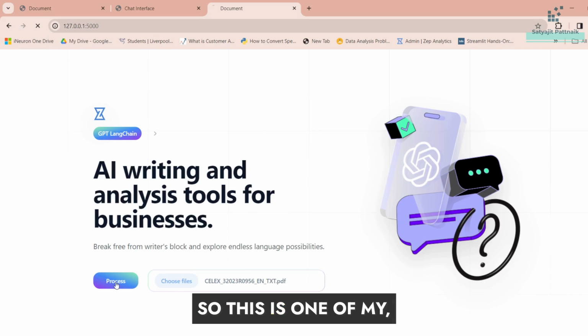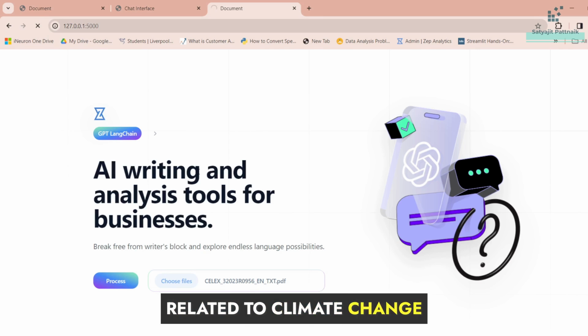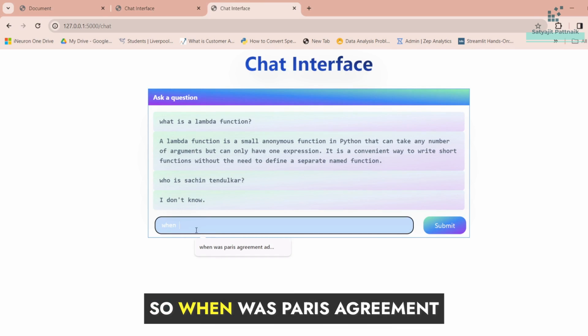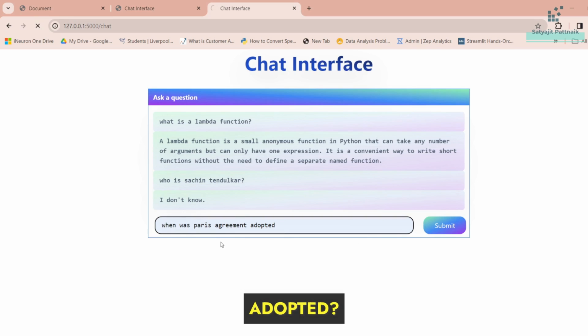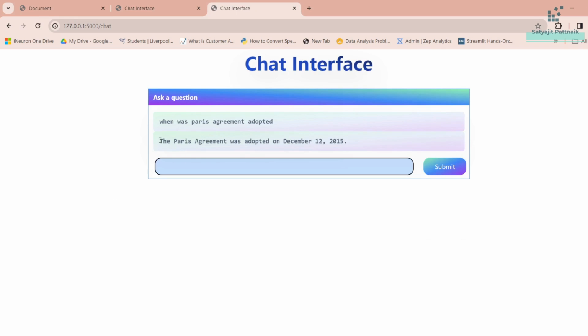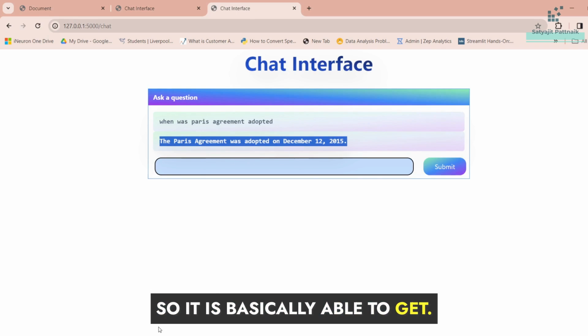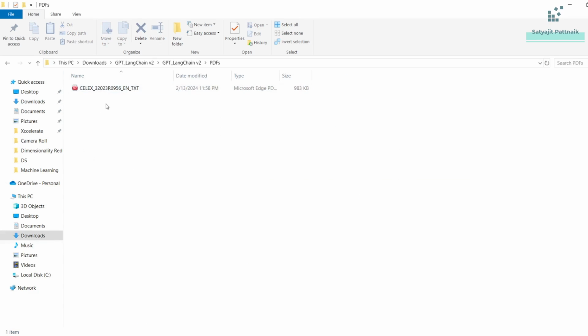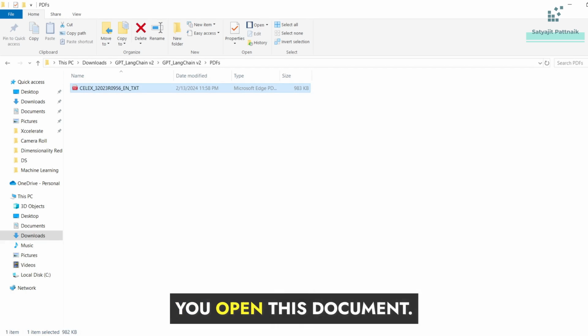This is one of my files related to climate change and sustainability. So I'm doing this. When was the Paris Agreement adopted? So it is basically able to get it from that piece of data. If you open this document,